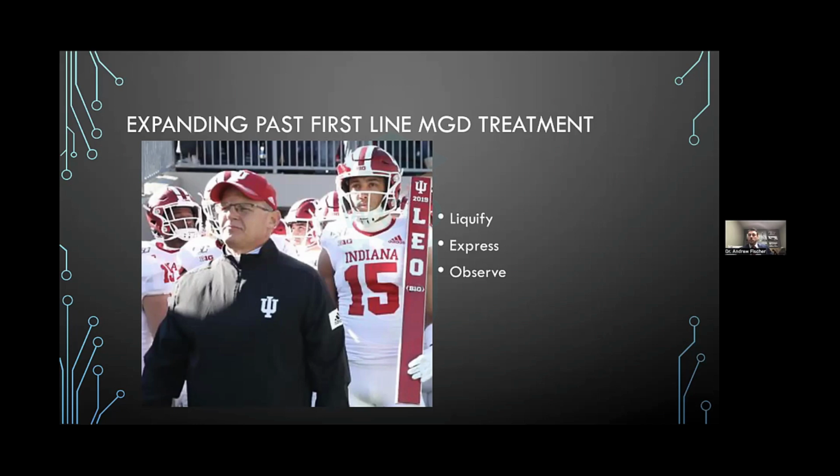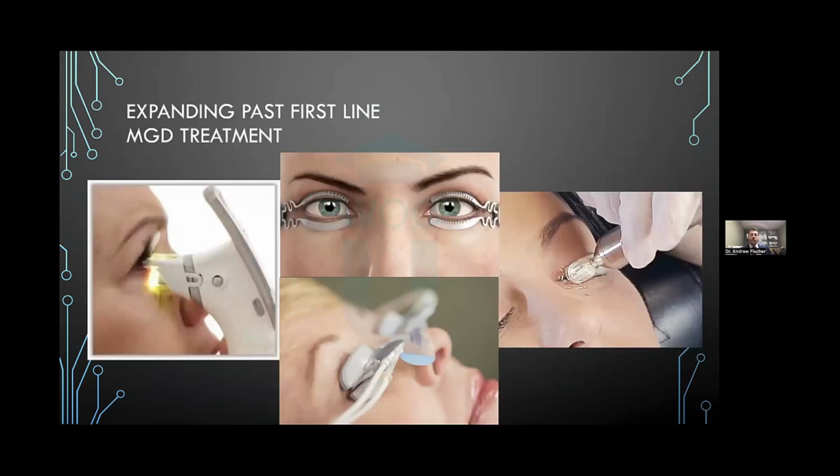And these more expanded approaches, these more advanced approaches that we can integrate, there's several of them out there, but they all involve heating the eyelids and the oil glands and then manually expressing those thick oils out. But again, this is definitely more of an advanced thing that would be an investment into your practice.